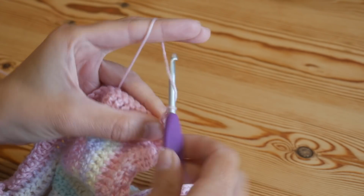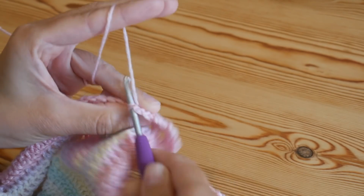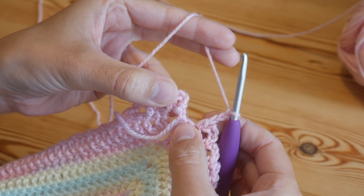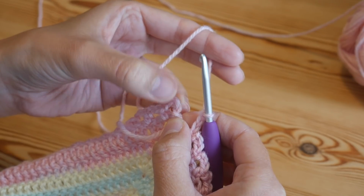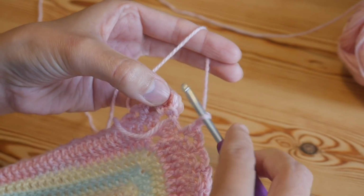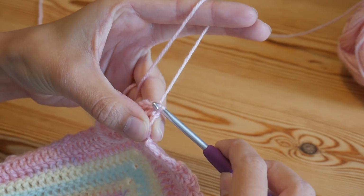So you should be able now to work that all the way around, and I will meet you as you come to close off with this round. And back round where we started from now, I've done my final double crochet and chain 3. I'm going to skip this last one here, and then if you remember we did the chain 4 at the beginning, so it was the 3 chains and the first one counts as your double crochet, so this one just here. So you want to insert your hook into that first chain and slip stitch,